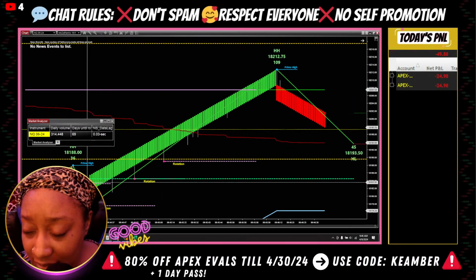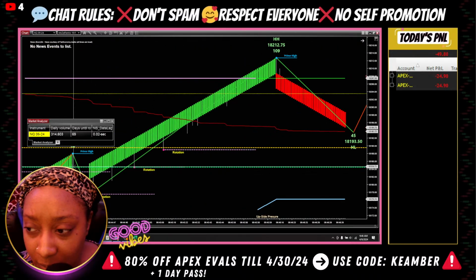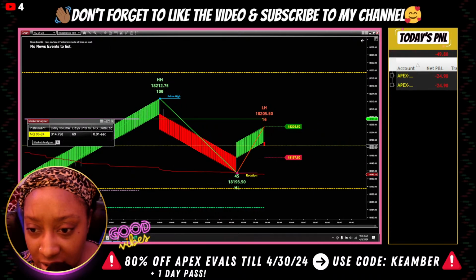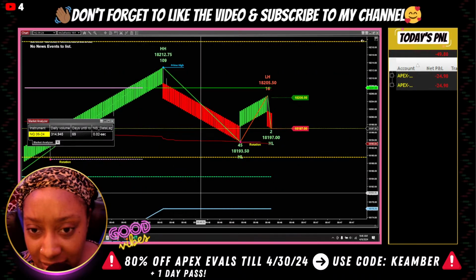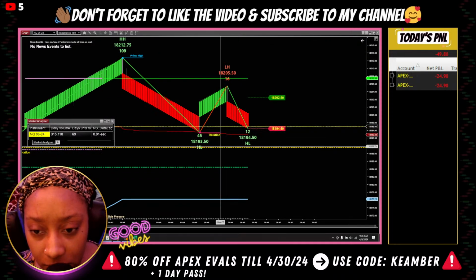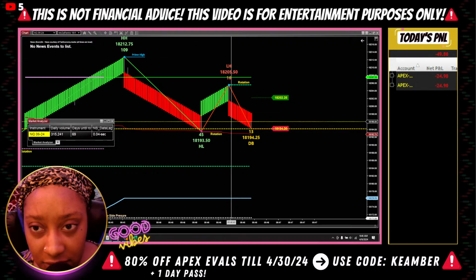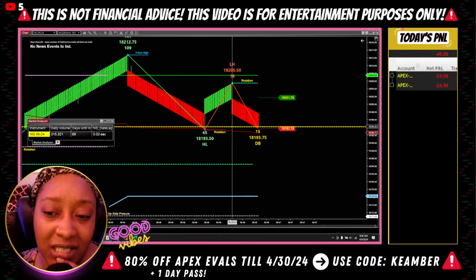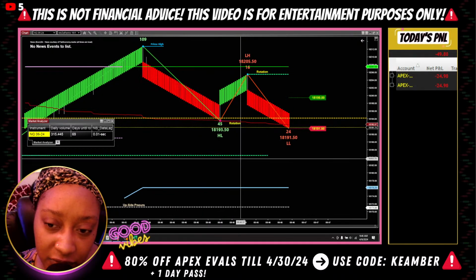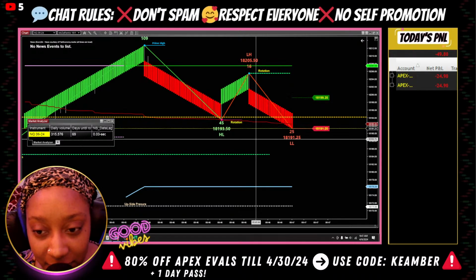The only reason I didn't take it, if you look down here, we were going back towards 2 different rotation levels, which I don't like. So I didn't take it, and I'm glad I didn't. Have to be super careful with certain stuff since my stop loss is so tight. Because when I get wicked out for stuff like that, that irritates my soul. So I gotta be really careful.